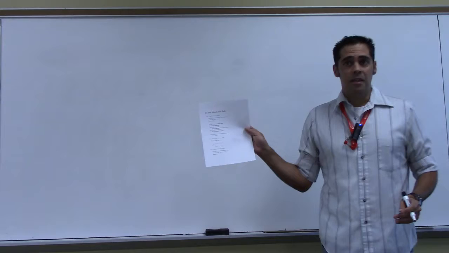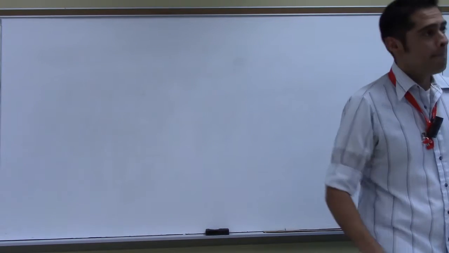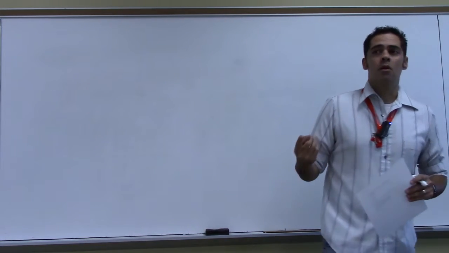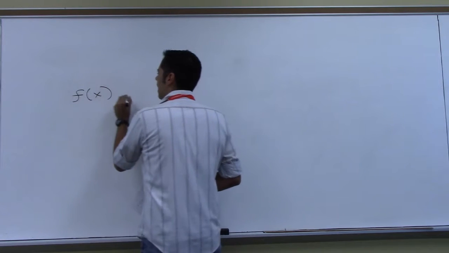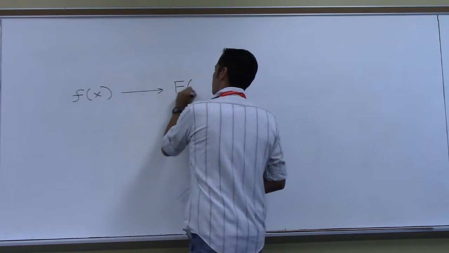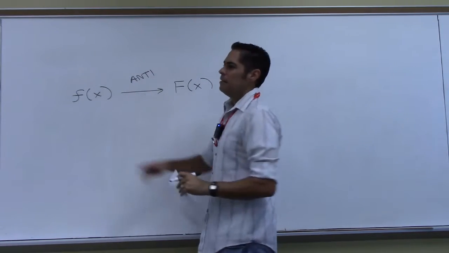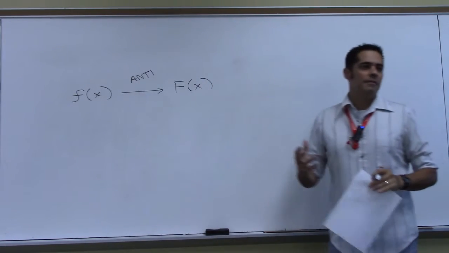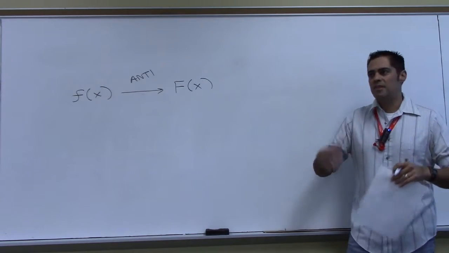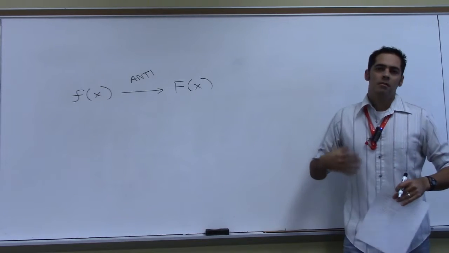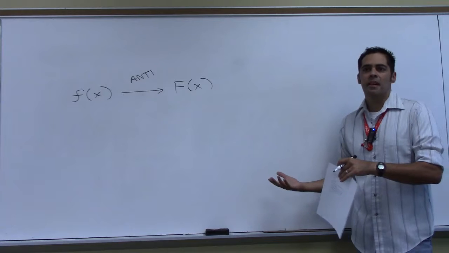So 5.5 in the notes, substitution rule. First, some notation. We were saying before that we had this little f, and then we had this concept of finding its antiderivative, and we called it capital F. Every time I wanted to tell you to find the antiderivative, I would have to say find the antiderivative. But we have a different notation that actually tells you to find the antiderivative,